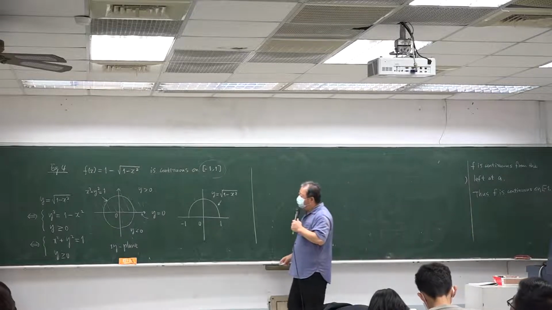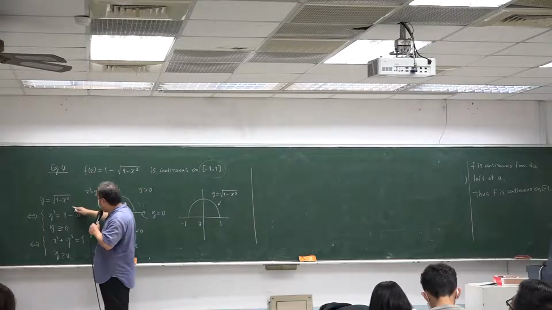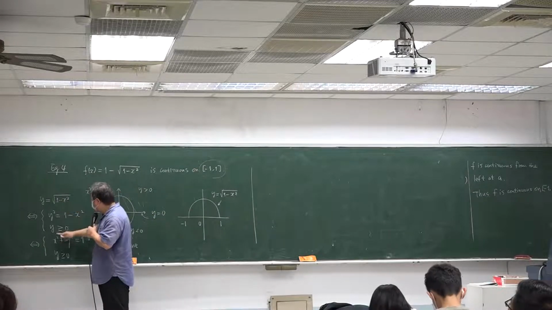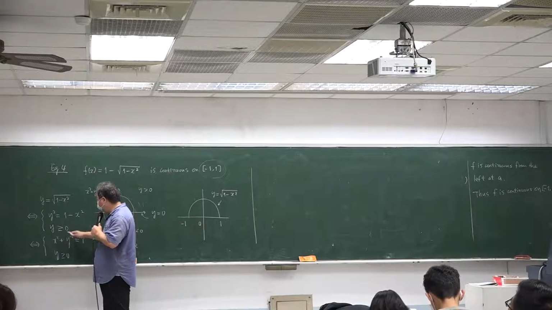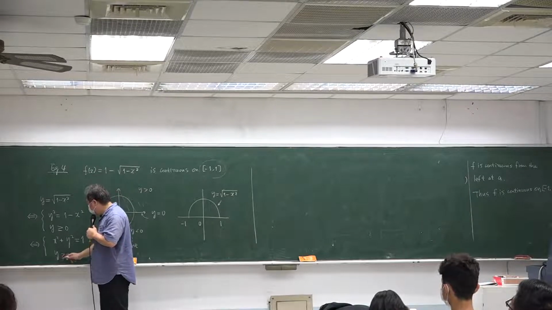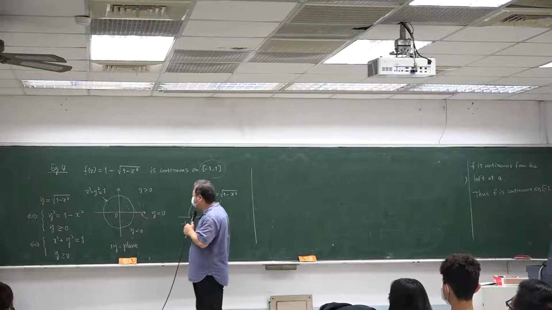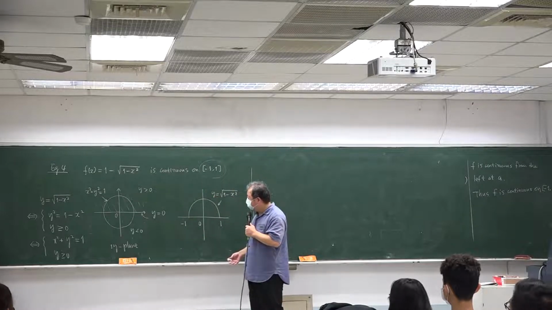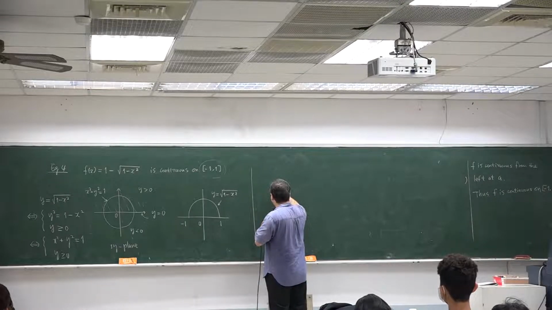If we replace this one by its negative, then we replace this relation by y less than or equal to 0. Less than or equal to 0. We obtain the lower hemicircle. So the graph of this function